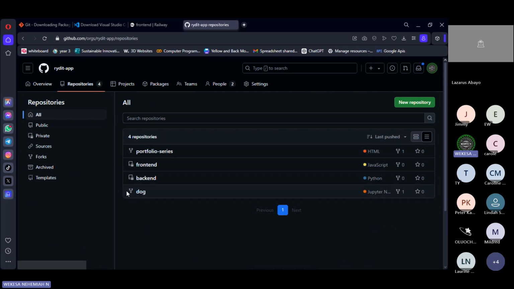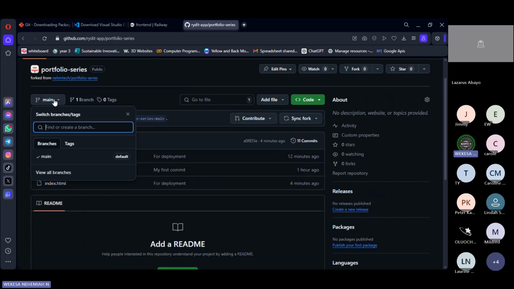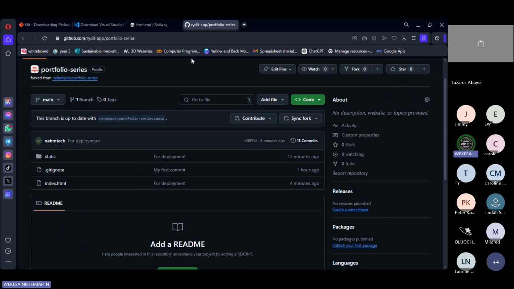I wanted to demonstrate it to other students using the same account, but then I'll delete it. So I have this repository, and also the branch is main. It has copied up to the branch, it is a main branch. Everything from the other repository may be copied into this other one, but on your end it could be, for example, your